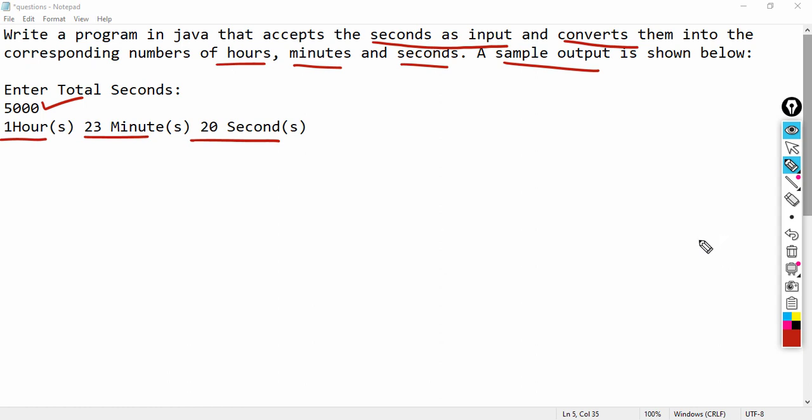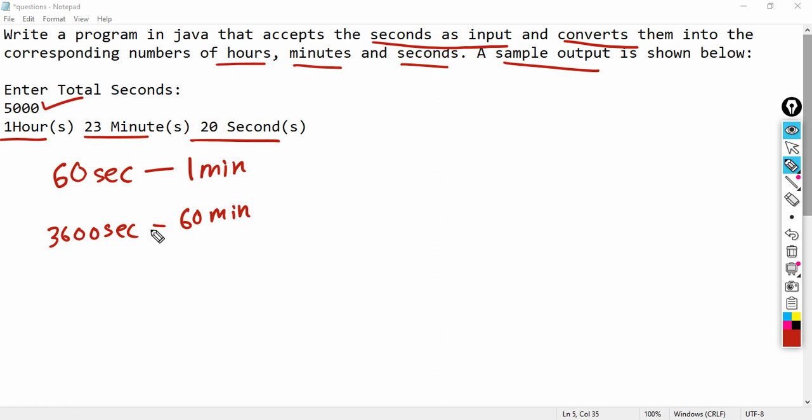So, how should we go about solving this question? First of all, we need to write down a few facts here. We know that we have got 60 seconds in 1 minute. That means in 60 minutes we will have 3600 seconds, right.